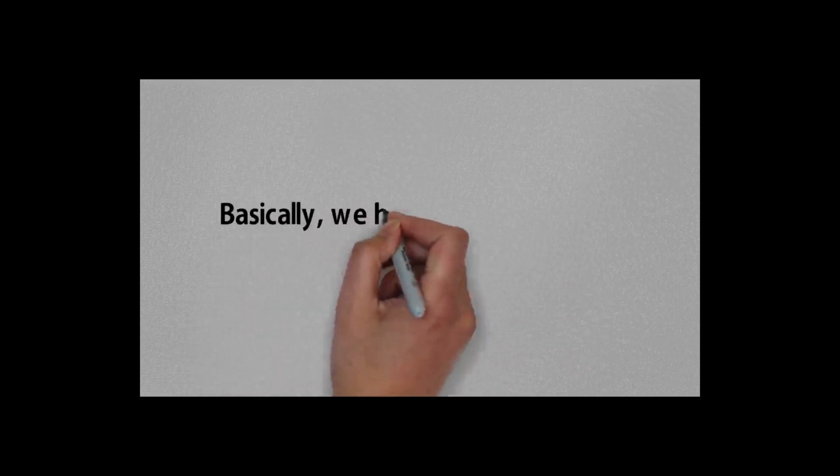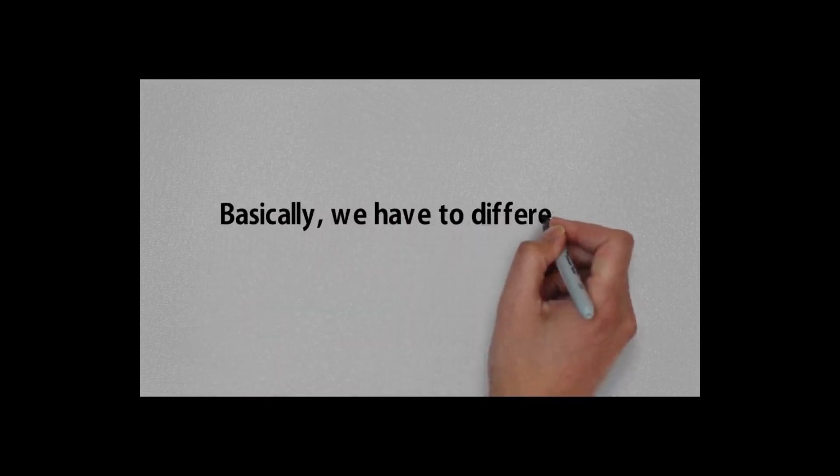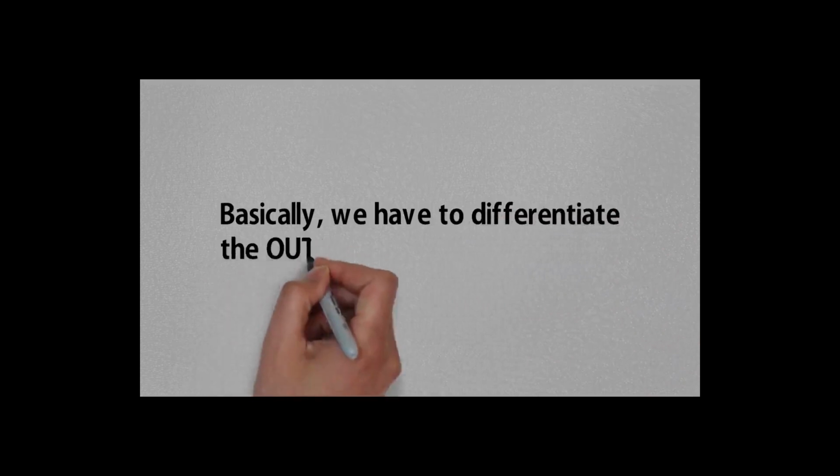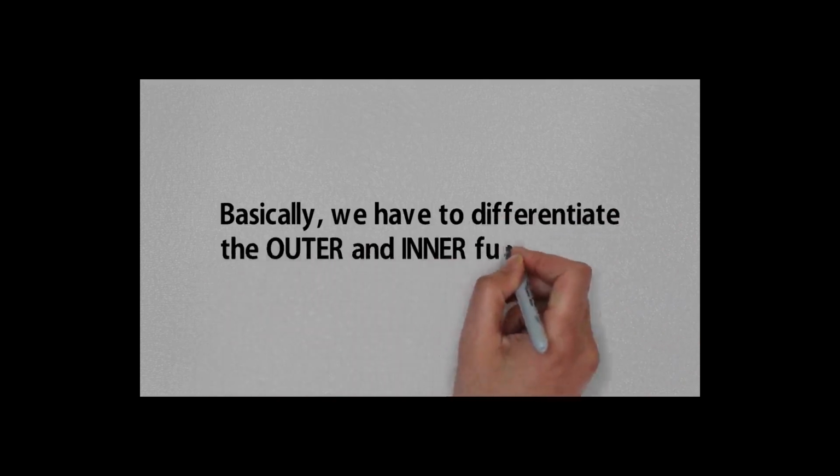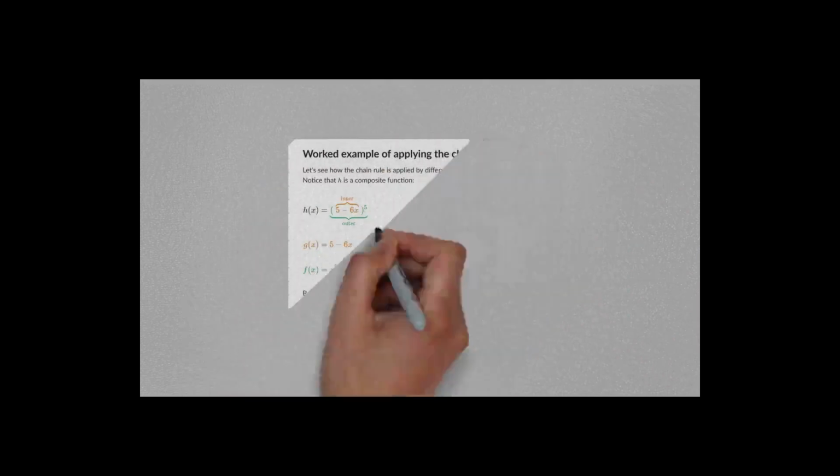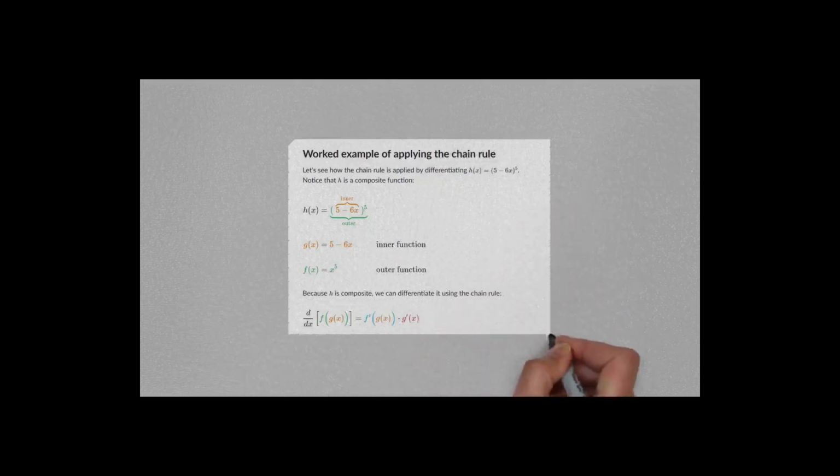And this is the 3.6 for chain rule. What is chain rule? Basically, we have to differentiate the outer and the inner part of a function. This is the chain rule, f(g(x)) and g(x). We have two derivatives, one for each of the functions. But first of all, we have to find the inner part and the outer part itself first to find the